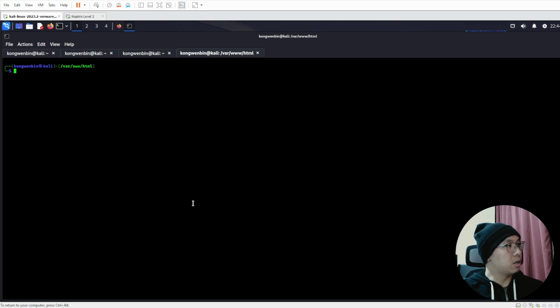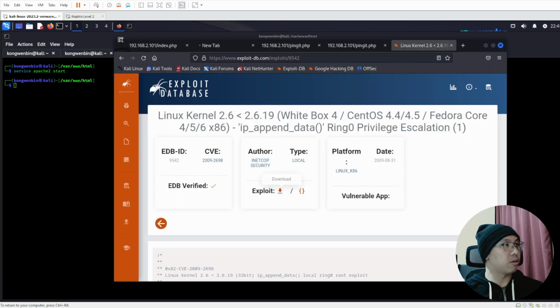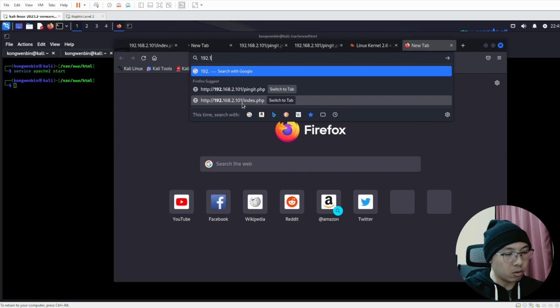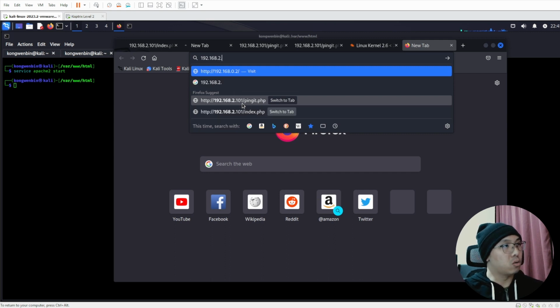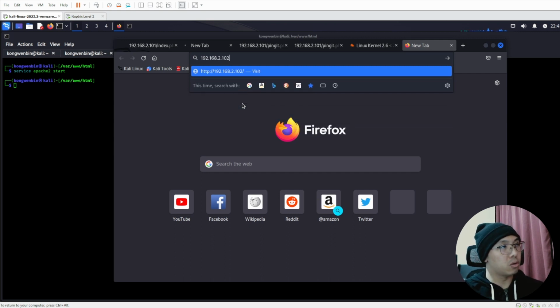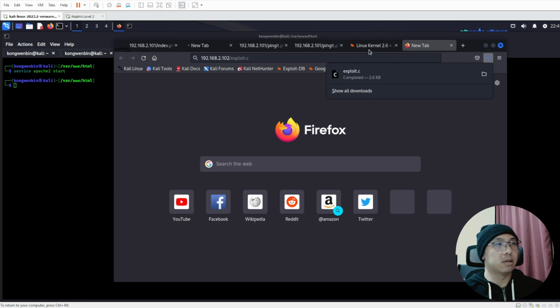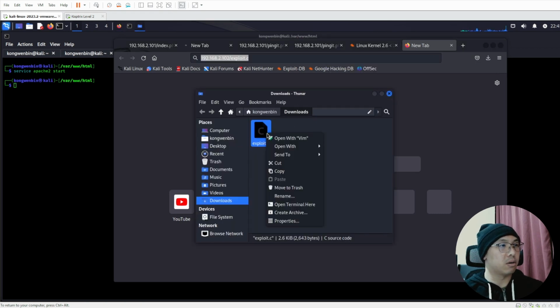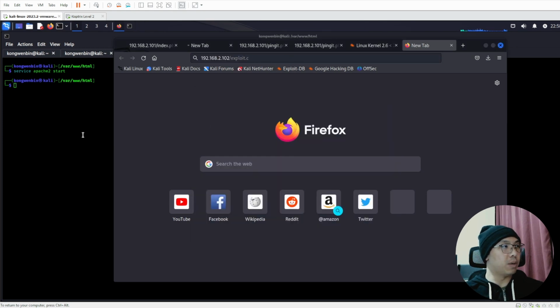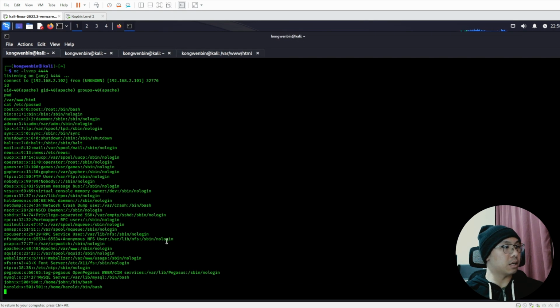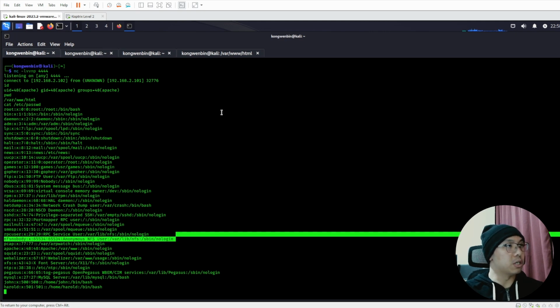Okay, yeah, so I'm going to run service apache to start over here. When I do the 168.2.102, and then exploit.c. Does it work? Yeah, see, I can download it. So I'm going to just move this to trash and close this. So now I can go back to here, and then I can actually come to the vulnerable machine and try